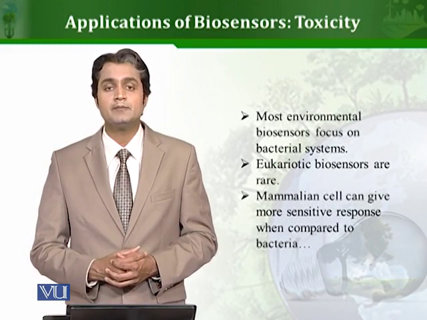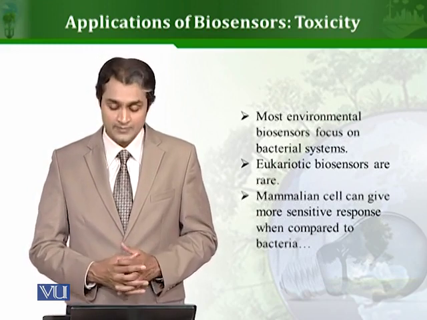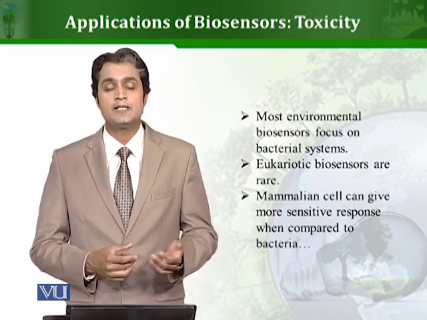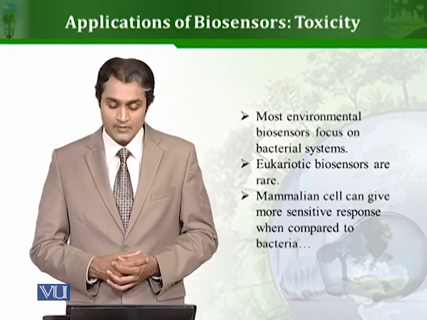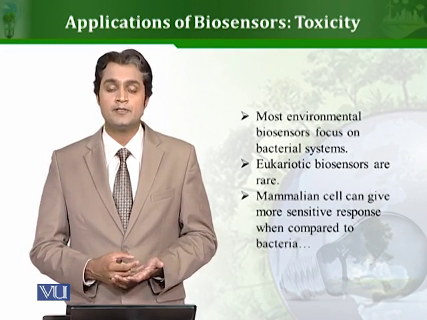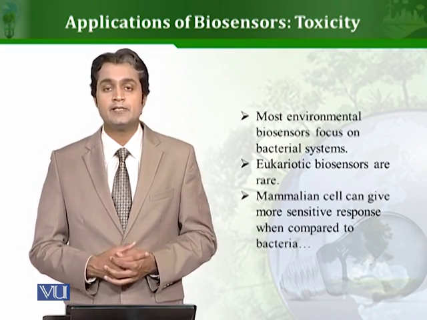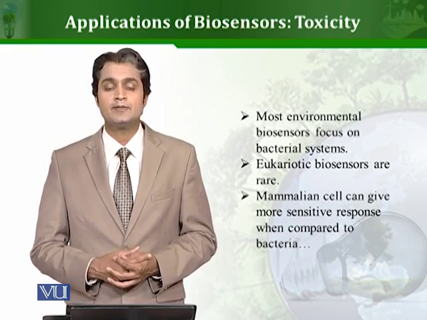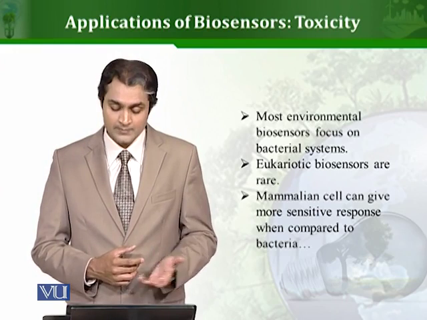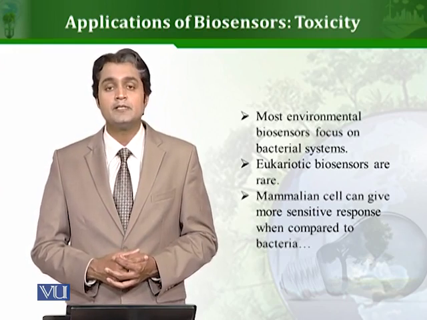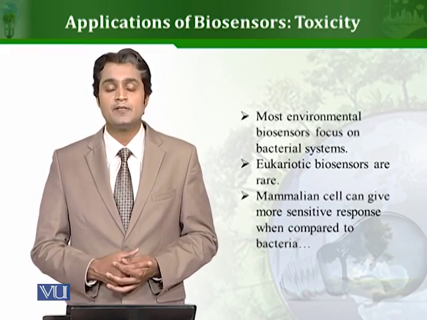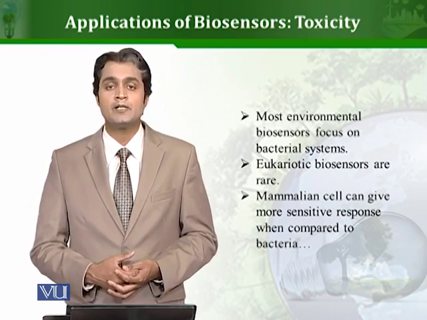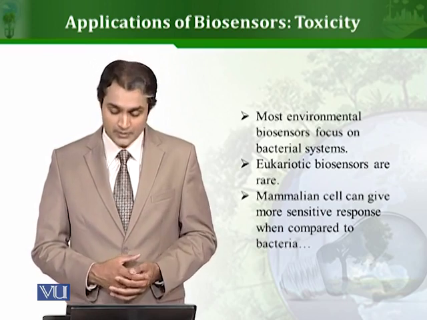Most of the environmental biosensors which are used are basically based on bacterial systems, either whole cell or the enzymes and proteins derived from the bacteria. Eukaryotic biosensors obviously are much rarer, and even rarer are the mammalian biosensors, the sensors based on mammalian cells or the proteins and enzymes of the mammalian cells. However, if we use biosensors based on mammalian cells, it can give us much more information about the toxicity of certain compounds. Why so? Because